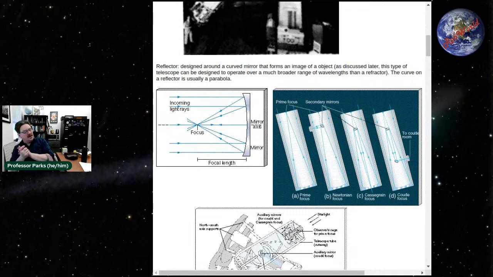One of my professors actually had the honor of riding in the prime focus cage of the 100-inch Hooker telescope, probably the worst named telescope I could think of.